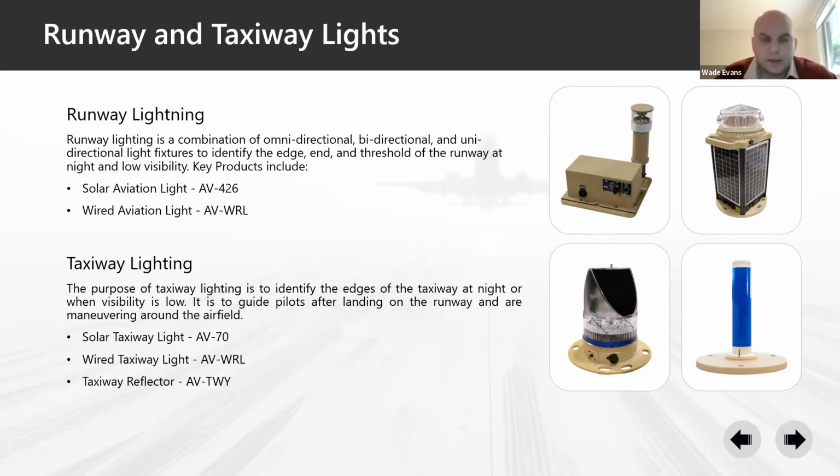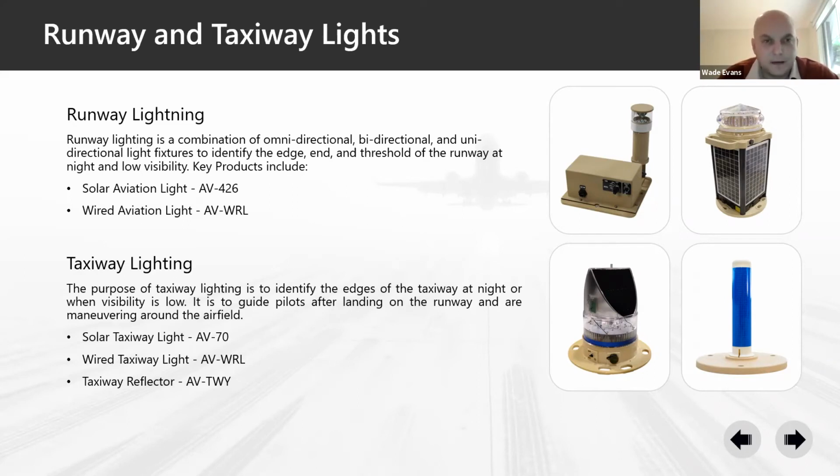It's really two key products we utilize in HMALS applications, and they're the AV-426 and the AV-WRL. The AV-426 is on the top right there, which is our self-contained solar fixture. It contains obviously the solar system itself to maintain charge into the battery. It is also compatible with wide systems, such as an AC long line implementation. That fixture comes in all the standard configurations, being edge and then threshold configurations, and is RF and PLC communication compatible. When I say PLC, I mean power line communication, which uses the AC long lines to communicate with the